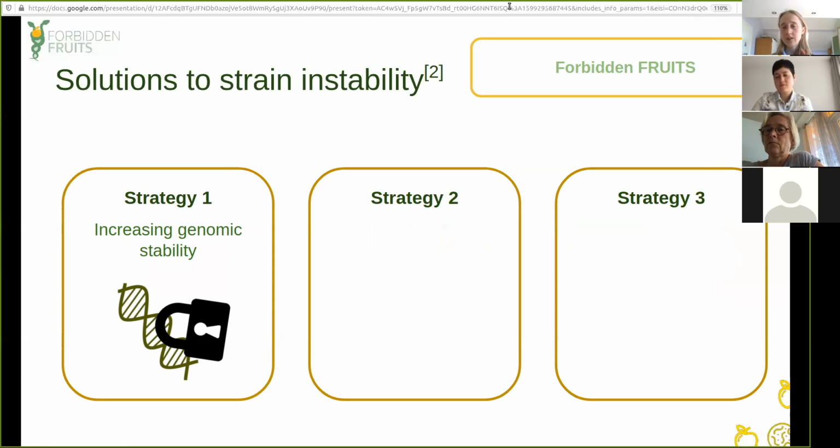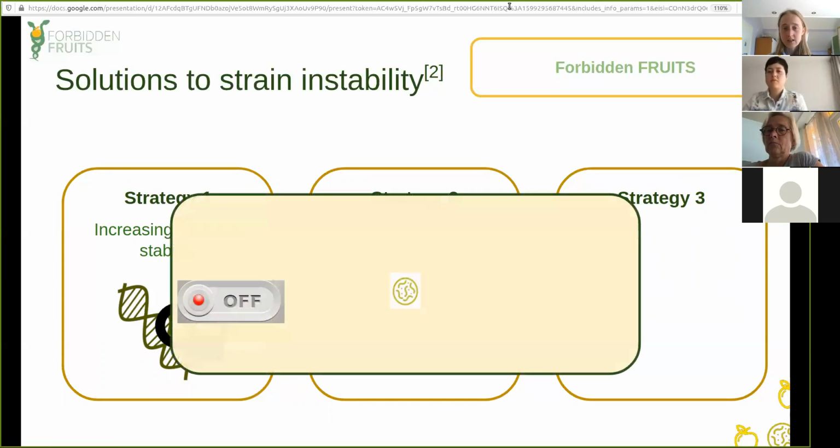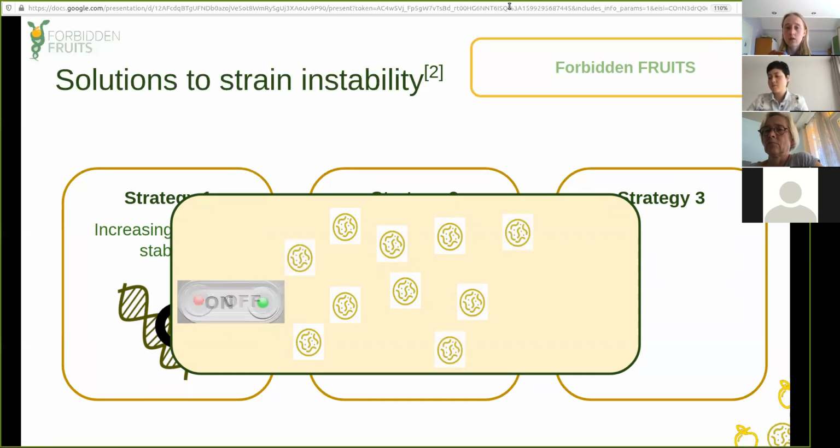So you have this optimal way of making base pairs so they can't be changed or they're less likely to be changed. The second strategy is something called growth uncoupling. So we first grow the cells, and we don't produce anything. After a while, the cells stop growing naturally, and that's where we start making products. So we have this switch which only turns on when the cell stops growing. So this is what your solution is.